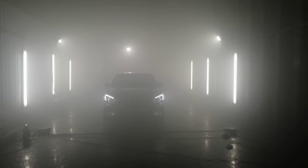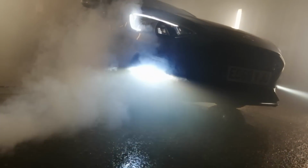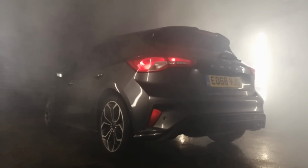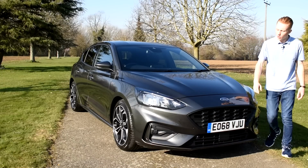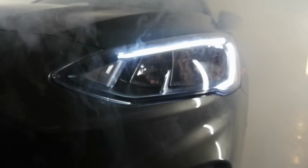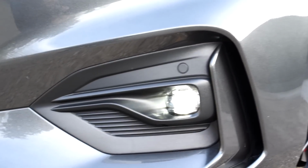So here it is, the new Ford Focus. It certainly looks good. Let's find out what it's really like. First impressions of the Focus: the front end's very aggressive, with the full badge which is flush and nice with the bumper. We think the dark headlights go really well with the magnetic grey paintwork. Coming down the front of the bumper, we think the coring bits here go really well around the cornering